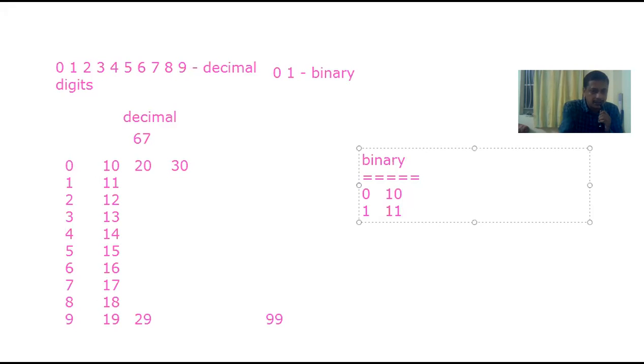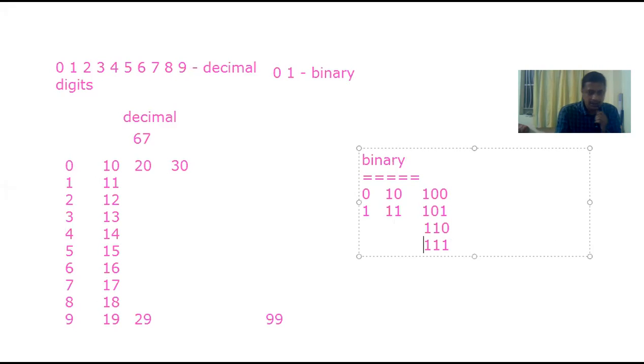Then we will get 100, because the previous sets were 2-digit sets. Now it is becoming 3-digit sets. So when it becomes 3-digit sets, it will become 101. And then what will be the next number? The number is 110. And then what will be the next number? It is 111. How did I get 111?